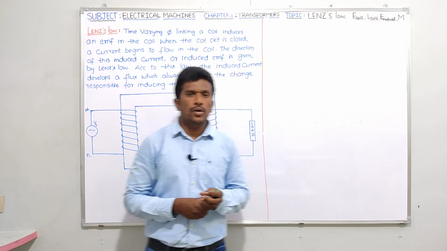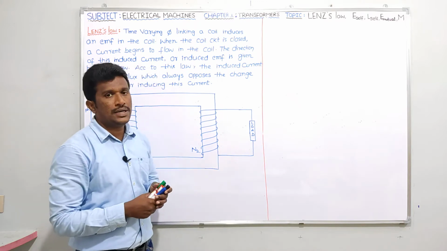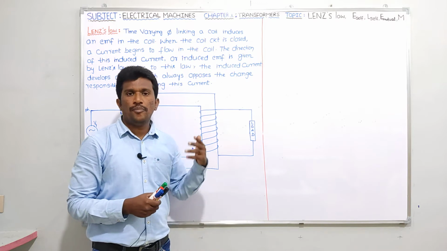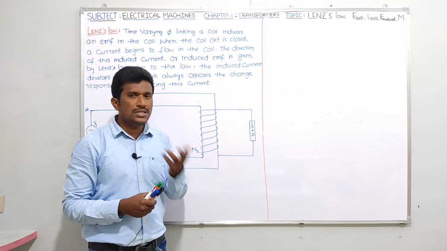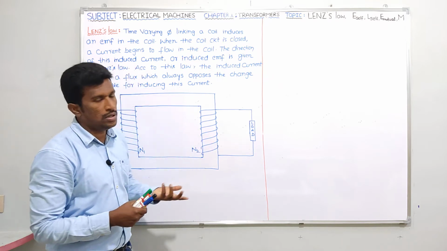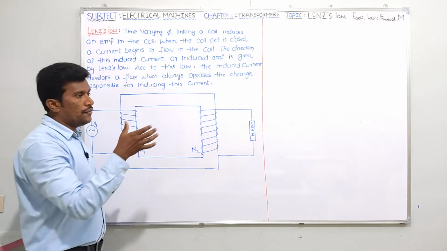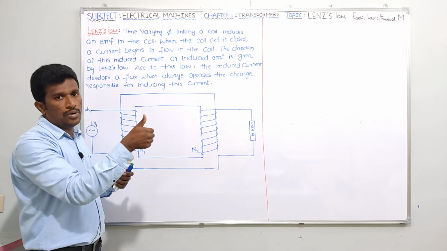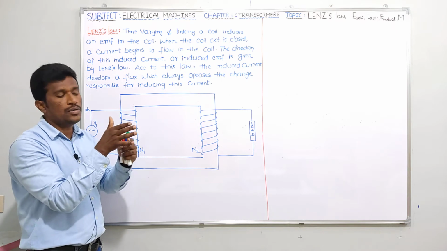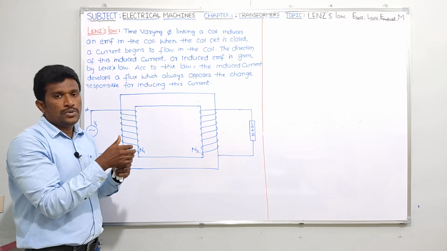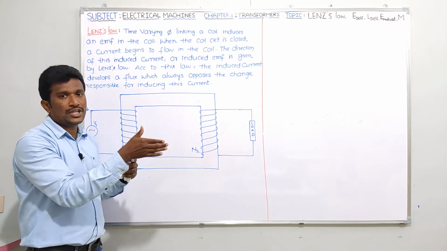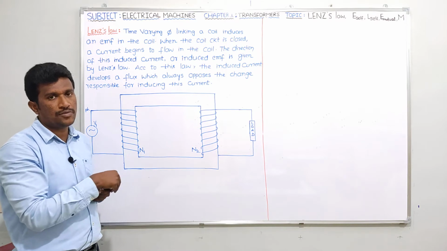In the last video, we just saw dot rotation. Before that, we started types of magnetic coupling. Please try to watch those videos, because in those videos I told how we have to show, if I want to apply the right hand thumb rule, if it is a front end, how you have to show your wrapped fingers for the direction of current. Suppose if it is a back end, how you have to show your wrapped fingers for the direction of current. All those things I explained in types of magnetic coupling.